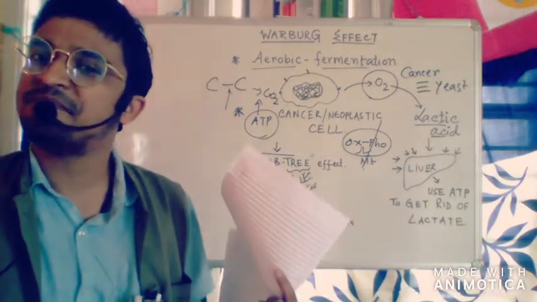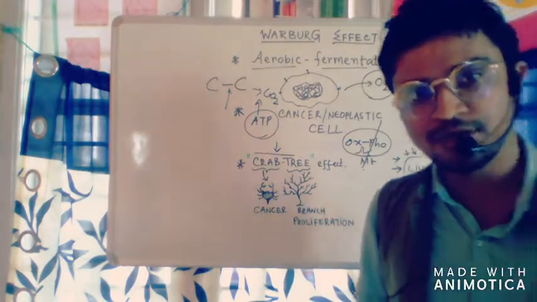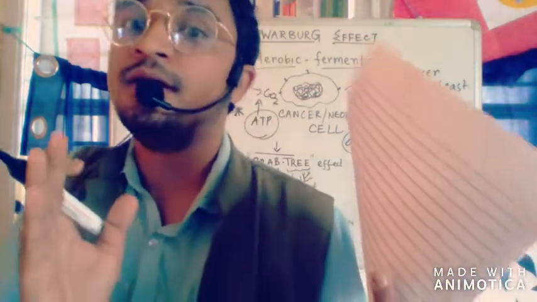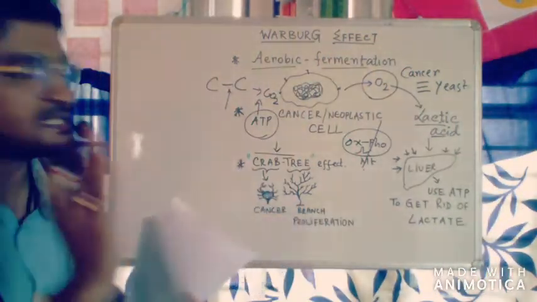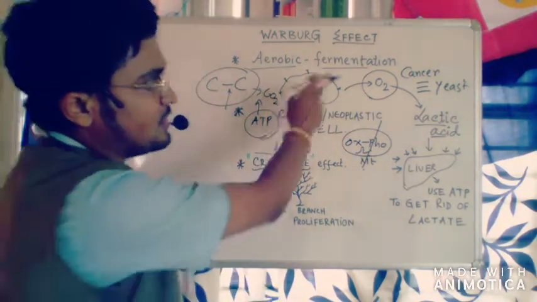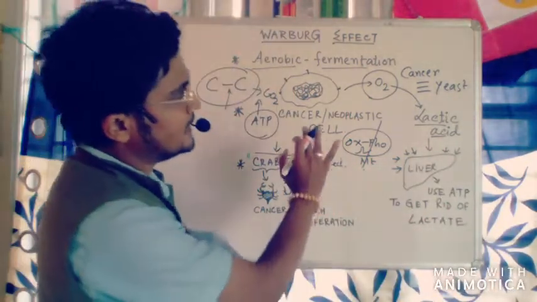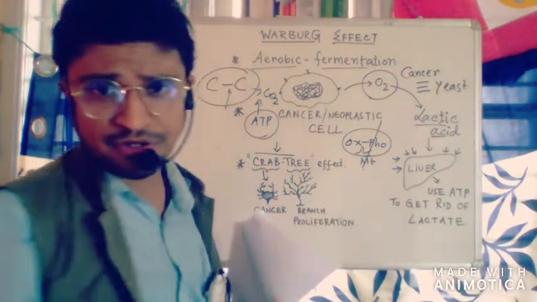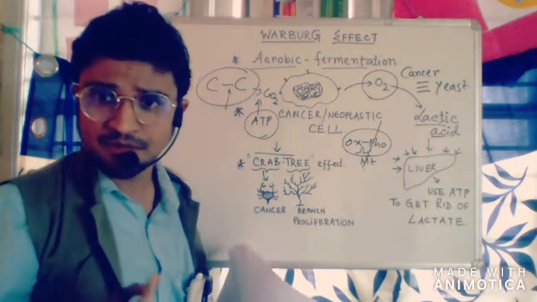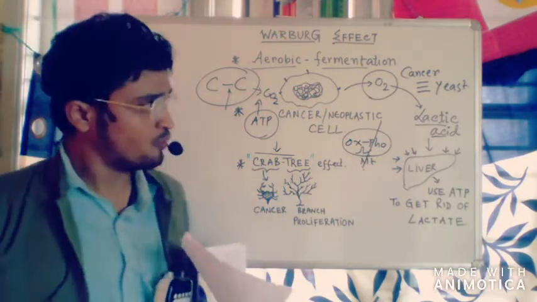So they will definitely prefer anabolism. To promote anabolism, they will try to keep the carbon-carbon bonds as they are. That is why they will not tend to break them. So they will definitely go for fermentation. They do not want that much ATP. So in the presence of oxygen, lactic acid is produced along with glucose use. This phenomenon is known as the Warburg effect.